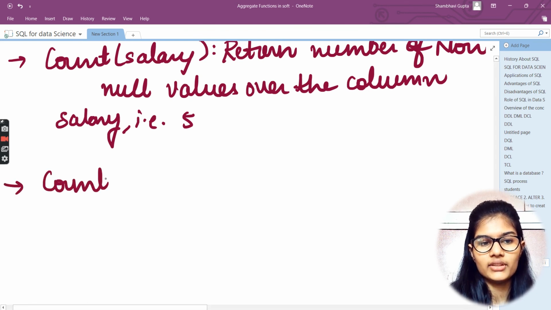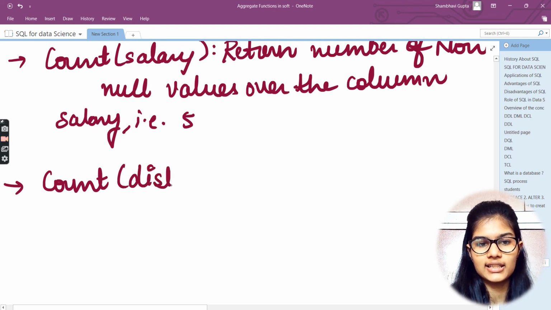Next command I have is, with the count function, if I write count distinct salary.